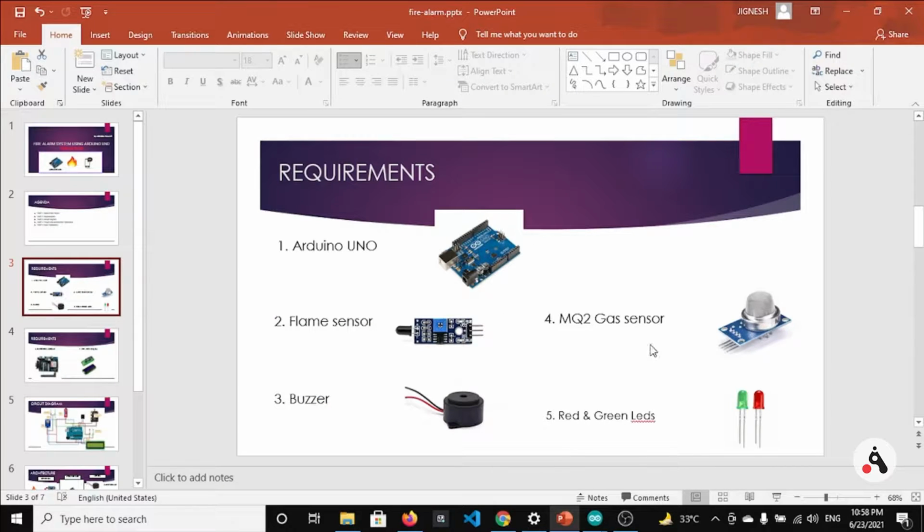Talking about this MQ2 gas sensor, it is a 4-pin sensor in which one pin is VCC, the second is ground. Basically from VCC we will supply 5 volt to turn on the sensor. Same for flame, we have to provide VCC 5 volt, ground to ground, and there are 2 more pins. One is for digital. If we need digital output, like if we want to know high or low